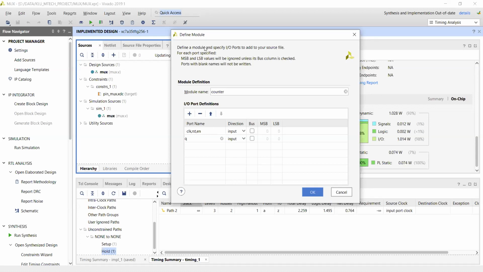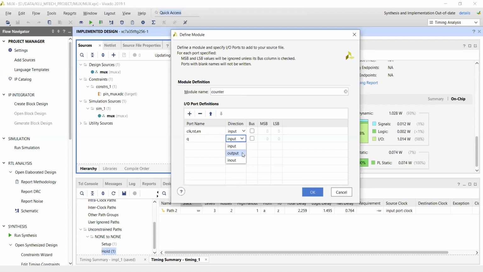Flip-flop, sir. Very nice, thank you very much. So counters are designed by using flip-flops. If you are designing a 4-bit counter, you require 4 flip-flops. If you are designing a 32-bit counter, you require 32 flip-flops. So the counter output is Q, or sometimes somebody takes count, no issues.